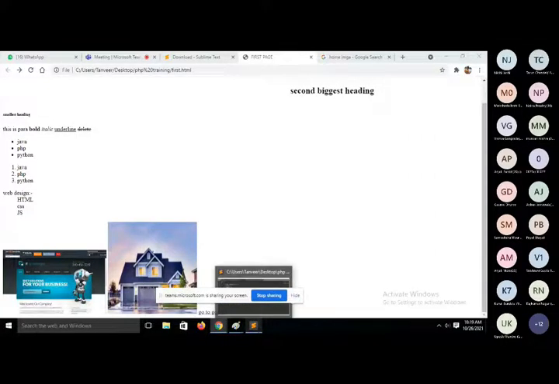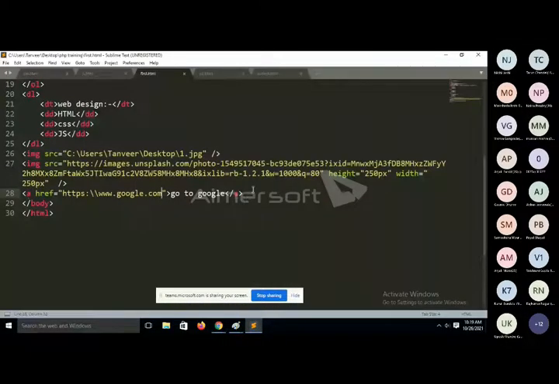Fine. I just want to use an image as a hyperlink. So when we click on this image, we also want to open the Google page. So you can surround the image tag with the anchor tag.